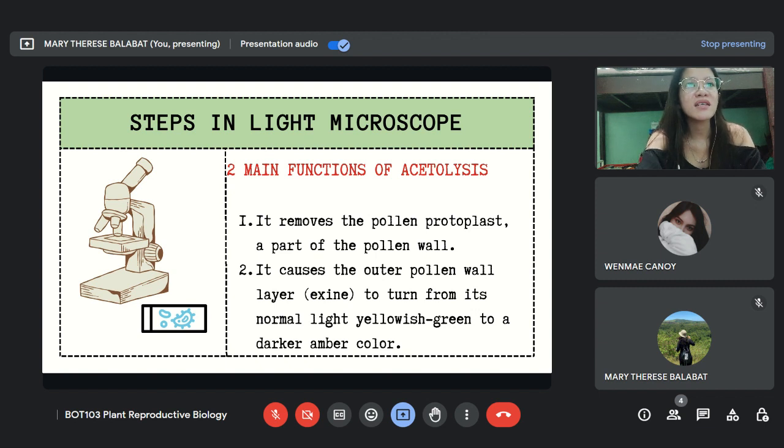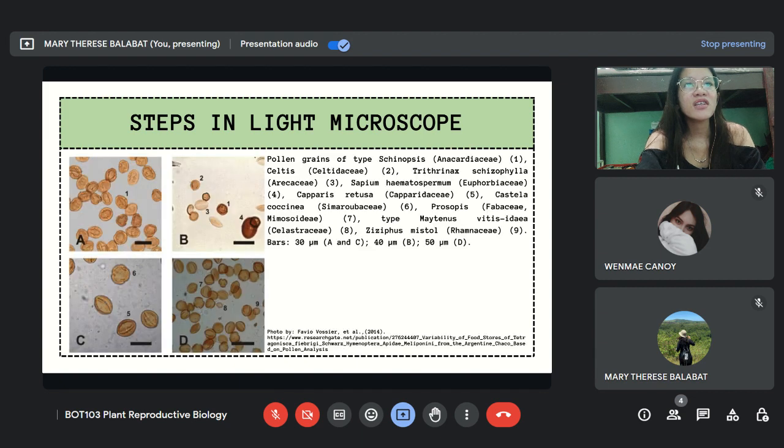So as you can see, this is the result in the light microscope. You can really see the visible parts of the pollen, like the intine and exine, but not in really very much closer detail. However,